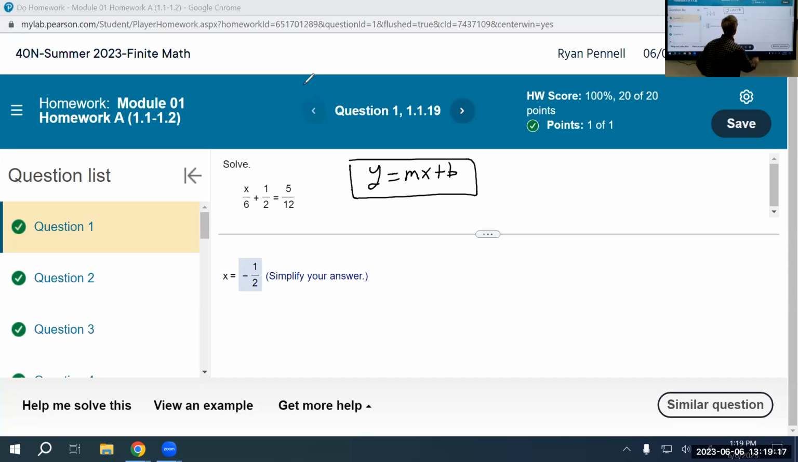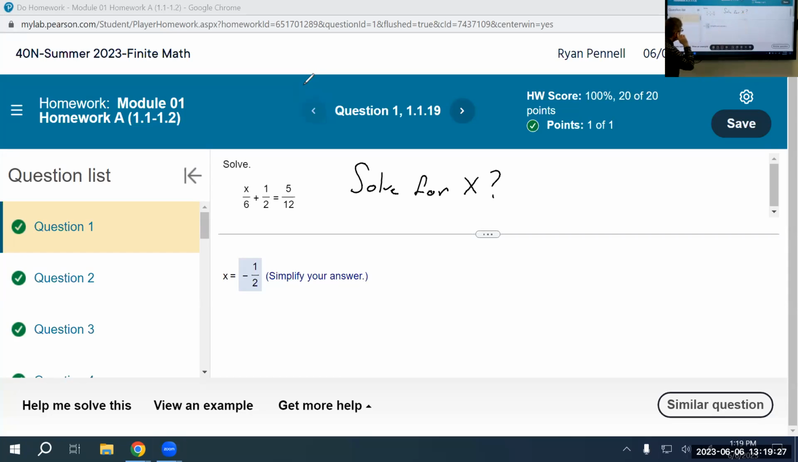So we have to remember, how do we do this? How do you solve for a variable? Well, the way you want to solve for a variable is you want to get it by itself. Okay, you want to get x by itself. How do you get x by yourself? Well,